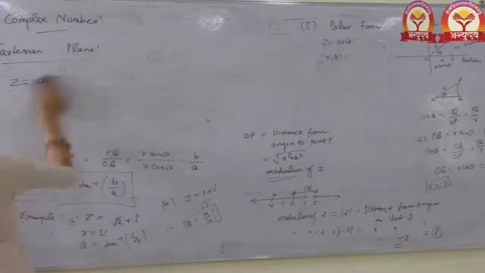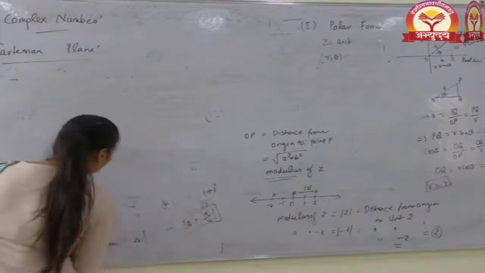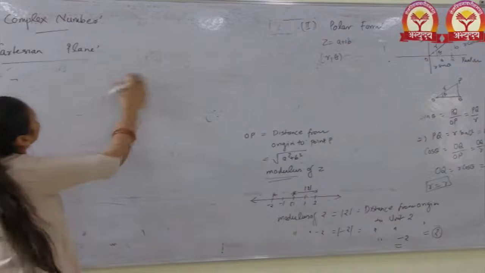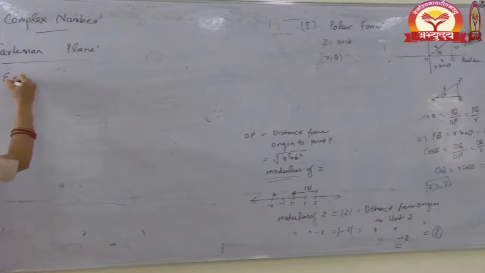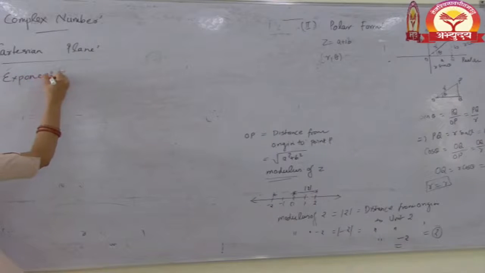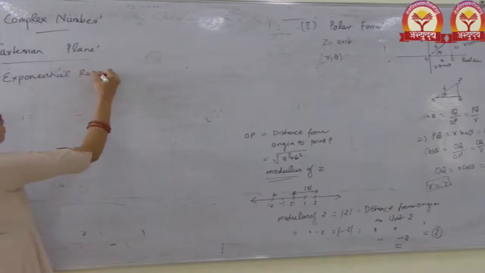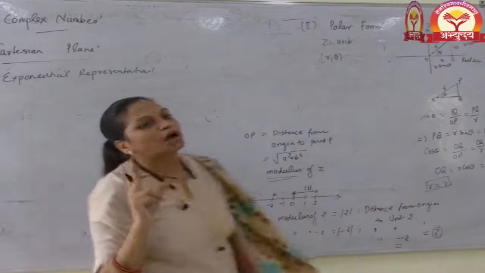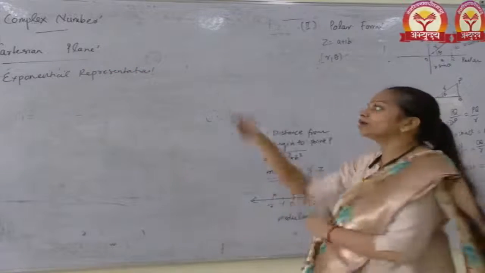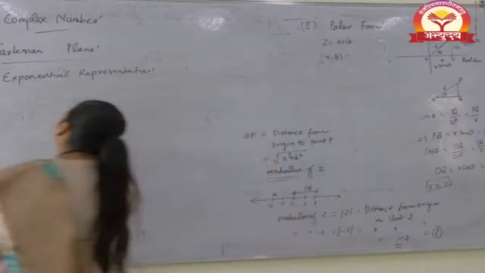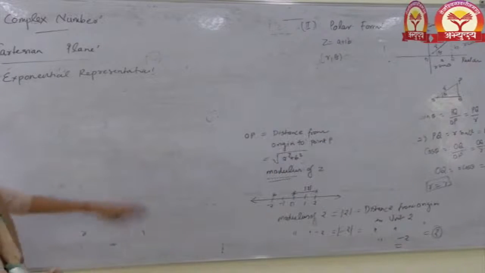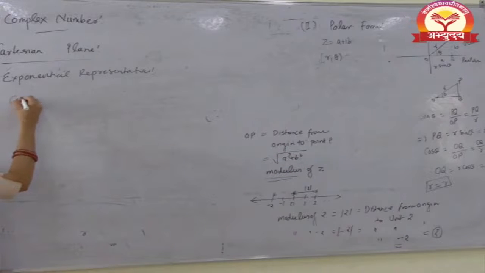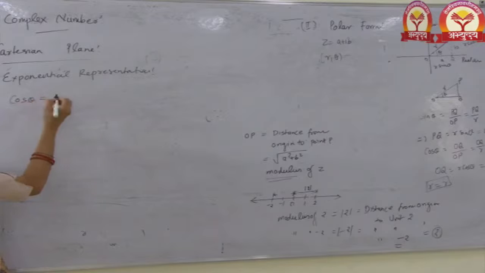Next, exponential representation. First is what, Cartesian plane, polar form, and now is the exponential representation. Exponential representation just a second thing of this polar form, कुछ भी ज्यादा नहीं देखना है, cos थीटा को हम कैसे रिप्रेजेंट करते हैं, cos थीटा इज व्हाट,